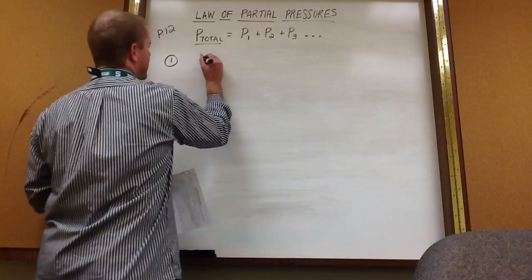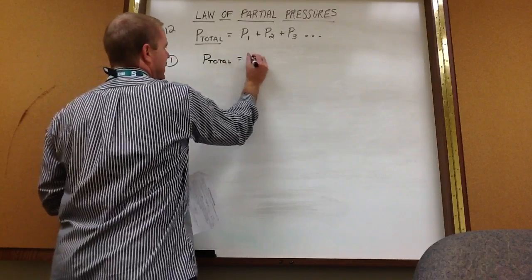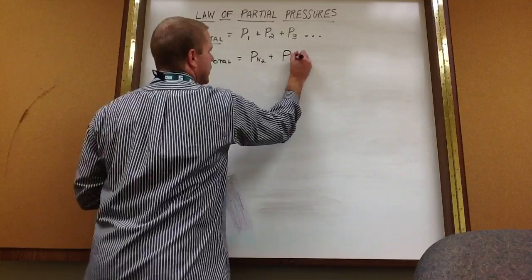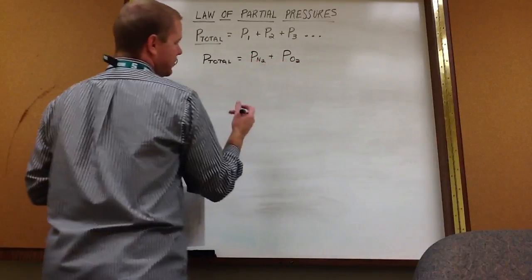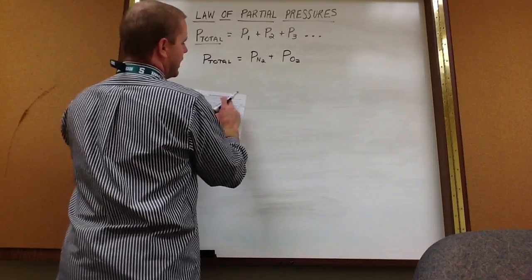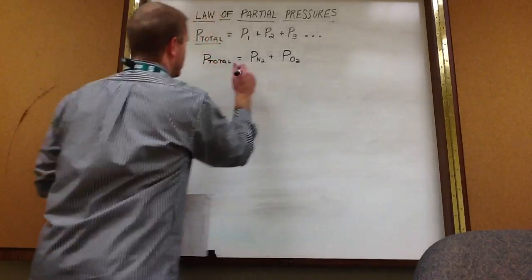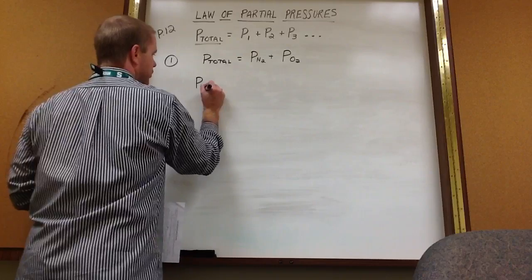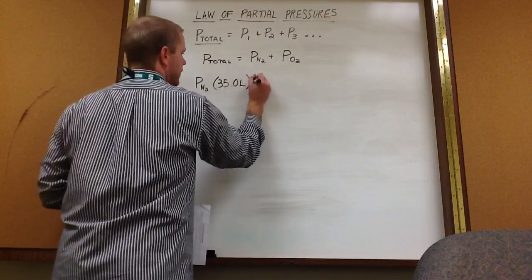We'll deal with the pascals part later. What we have to realize in this particular problem is we are trying to solve for P total, and that P total is the pressure of the nitrogen gas, the N2, plus the pressure of the O2 gas. So I've got to solve for each of them. For the N2, we have a volume, moles, and a temperature, so we can use the PV equals nRT equation. We set one up first for nitrogen: the pressure of nitrogen times 35.0 liters equals